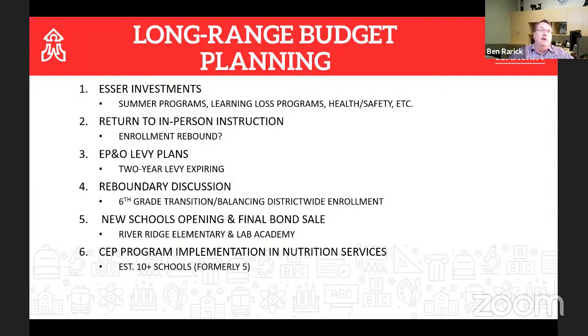I believe, and I can't hold me to this, but I think it is 10 schools. That number I think has changed a couple of times, but that's why I put estimated there. I don't know that we've submitted the final application, but it could be almost the doubling of the number of schools that participated. And so that has implications for kids and families, as well as several ways in which we fund our schools and the use of free and reduced price lunch data.